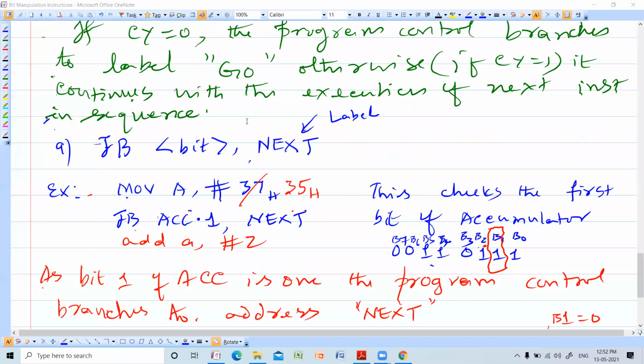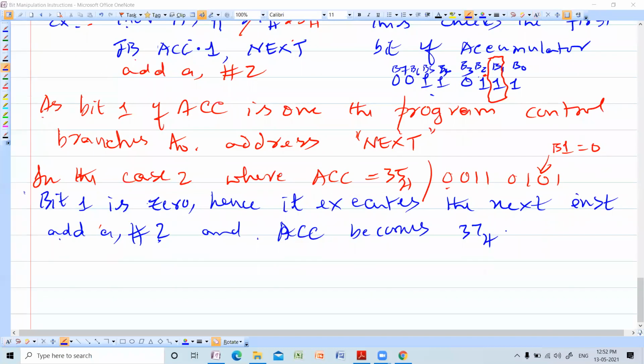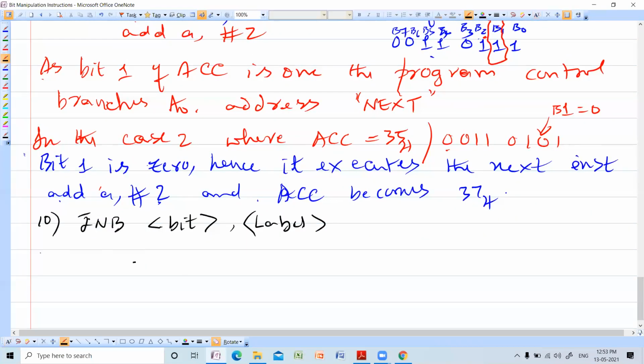So next example, next instruction, number 10, is JNB bit, some label. So what is the example?